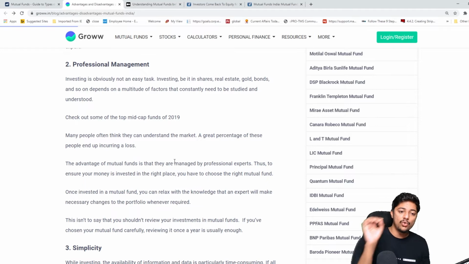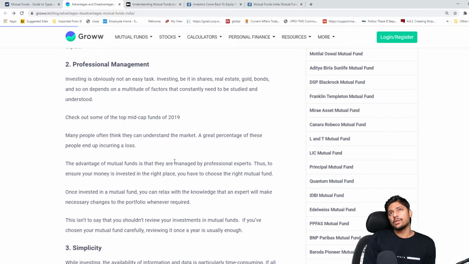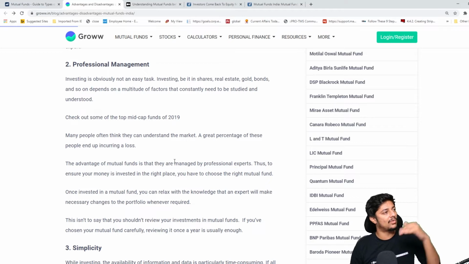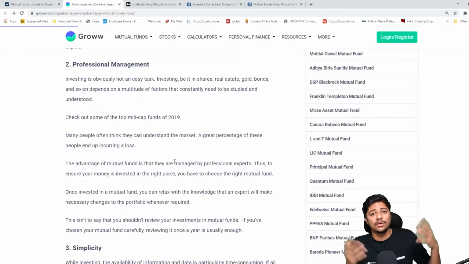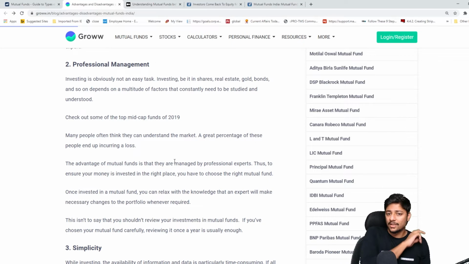Now, I'll tell you who uses this mutual fund. Okay, so for all the people who don't know how to do stock market, who don't know how to find a good stock, I don't know how to find a fundamentally good stock. I don't know how to find a growth stock. I don't know what a value stock is. मेरे को ये झंझट में पड़ना भी नहीं है because I'm running my family business or I'm very busy at work. I don't have the time to sit and research what is the next big stock and क्या growth factor हो रहा है ये वो फलाना ढिमकाना. I don't know all this.